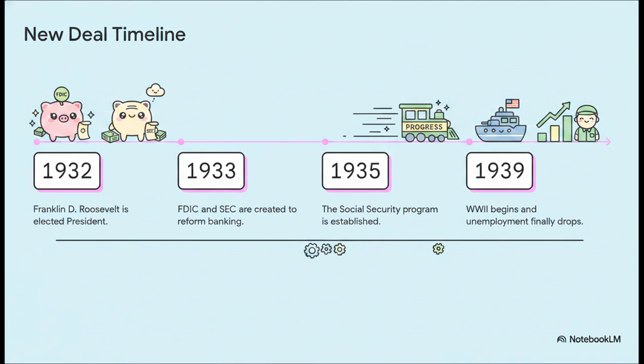He quickly implemented minimum wages, overtime pay, and a Social Security program. But more importantly for the structural economy, he established the FDIC to provide bank deposit insurance to finally stop those devastating bank runs, and created the Securities and Exchange Commission, the SEC, to force strict reporting and scrutiny on public companies. These reforms slowly restored public confidence, though full economic recovery and unemployment dropping below 10% really only arrived with the vast stimulus required for World War II in 1939.